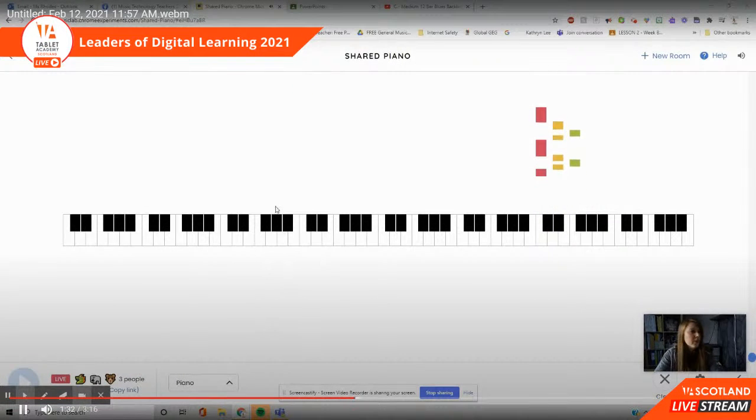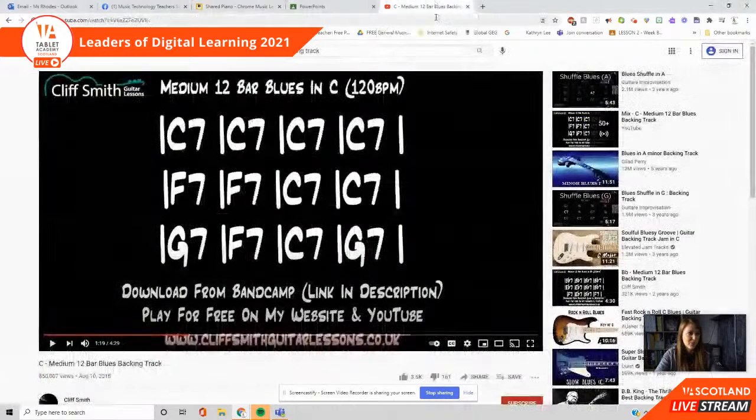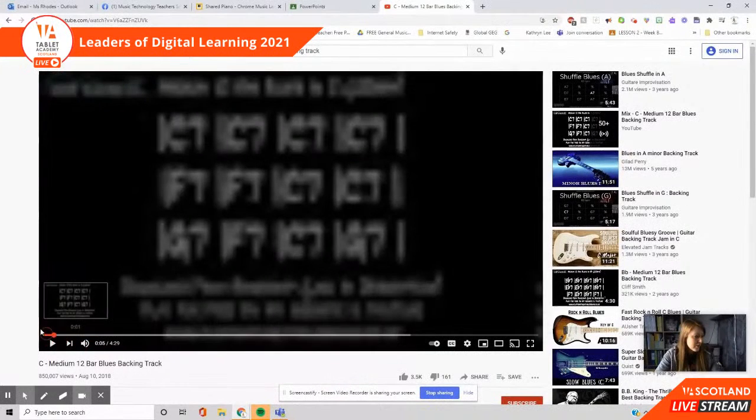so you can see that those are the notes, and you can see the notes appear above. We're just going to put on a 12-bar blues backing track just now, so that we can play along with this. Jack's going to play chords on his. I'm going to play the tune or the melody on top, and we're just going to give it a wee jam just so you can see what it looks like. So here is our lovely